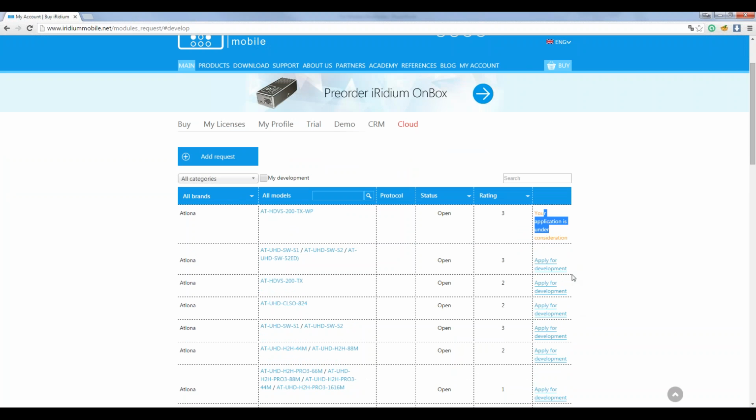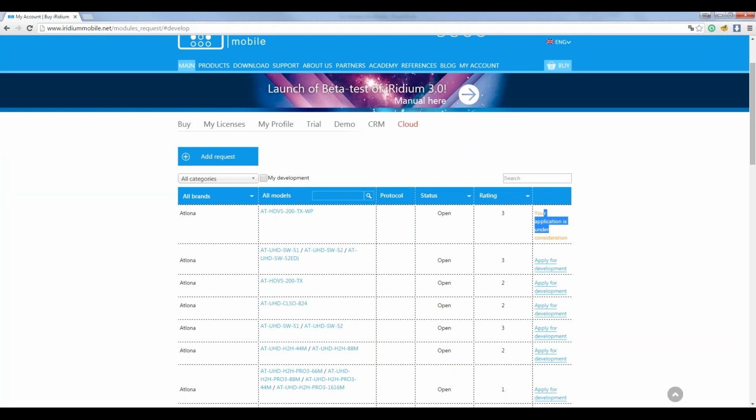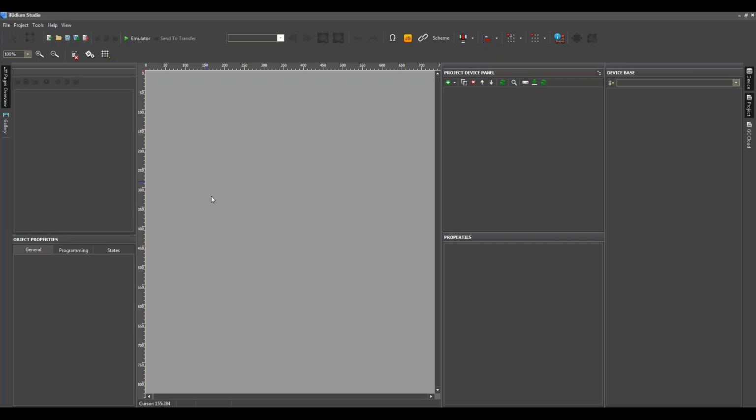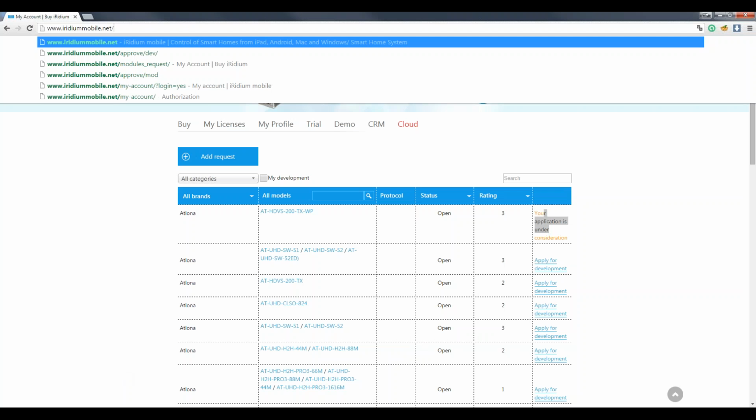When he approves me, I see a mail in my email. After it, I should open the iRidium Studio, create a module for Atlona device. When I've done it, I should open the registration system.